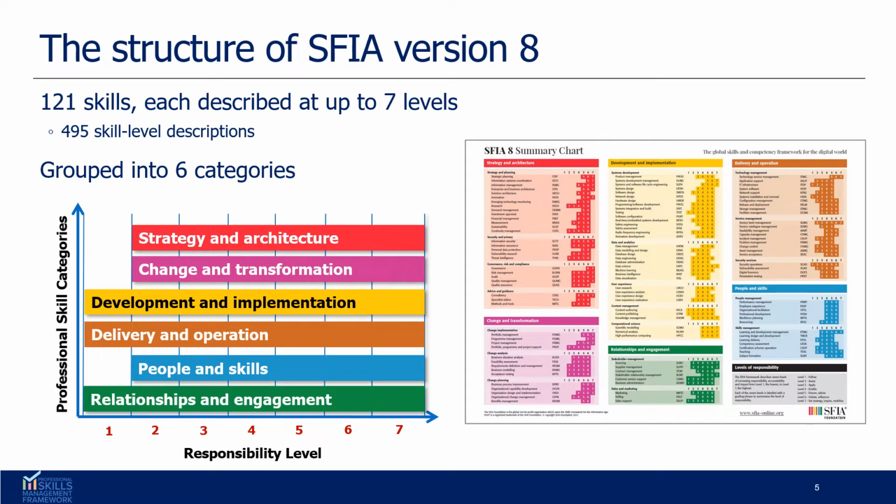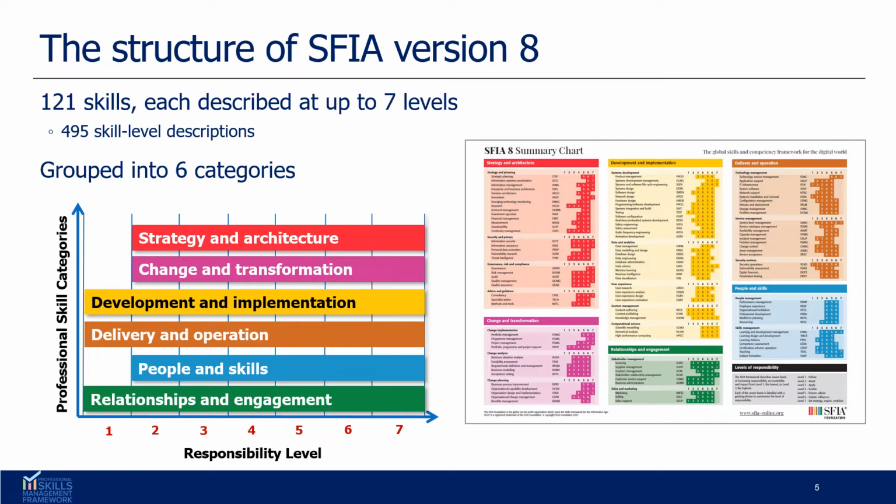The SFIA Reference Guide, which is an online and printable resource, describes the 121 skills in SFIA 8 in detail. Each skill entry comprises an overall definition, some guidance notes, and descriptions of each of up to 7 levels at which the skill might be exercised in the working world. These descriptions provide a reference of how the skill and level combined produce a more detailed definition of what level of competency each skill is practiced at.